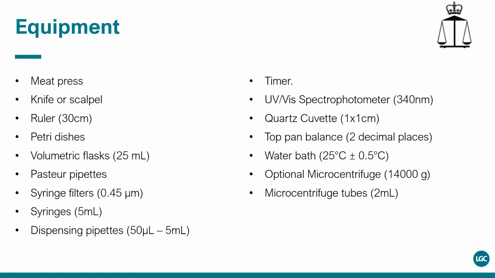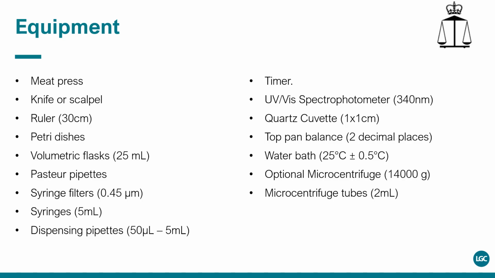A ruler. A plastic or metal 30 cm ruler is used for measuring the subsamples. If multiple samples are being analysed, a 30 mm template can be constructed from stainless steel or similar material. Plastic Petri dishes, or similar containers to catch the meat juice from the pressed samples. 25 ml volumetric flask. Plastic or glass pasteur pipettes, 0.45 micron pore-sized syringe filters,